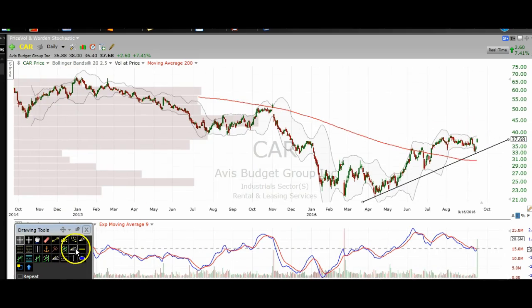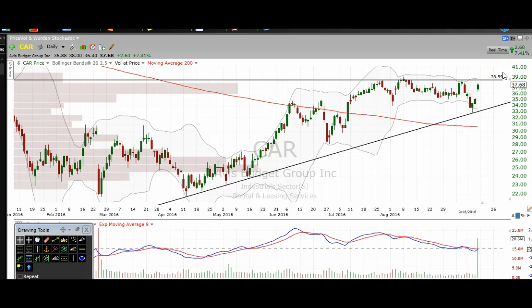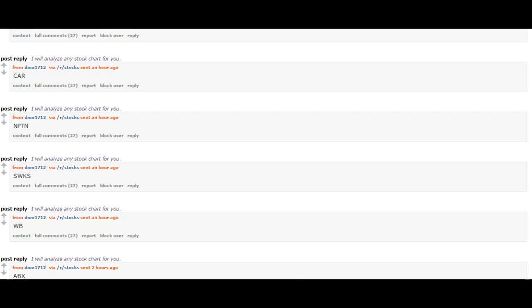Another thing that I'm seeing here, short-term resistance is right around $39 or so. You can see that we got rejected here, here, here, and that's right around where we're at. So it could get rejected here and kind of ping around here for a little bit before eventually breaking over. But definitely, in order for it to head higher, obviously it needs to break over this 39 resistance, and if it does, it should continue its trend upwards, because this is a pretty decent little level of resistance here, and if it breaks over that, that could signal the next move higher. Alright,